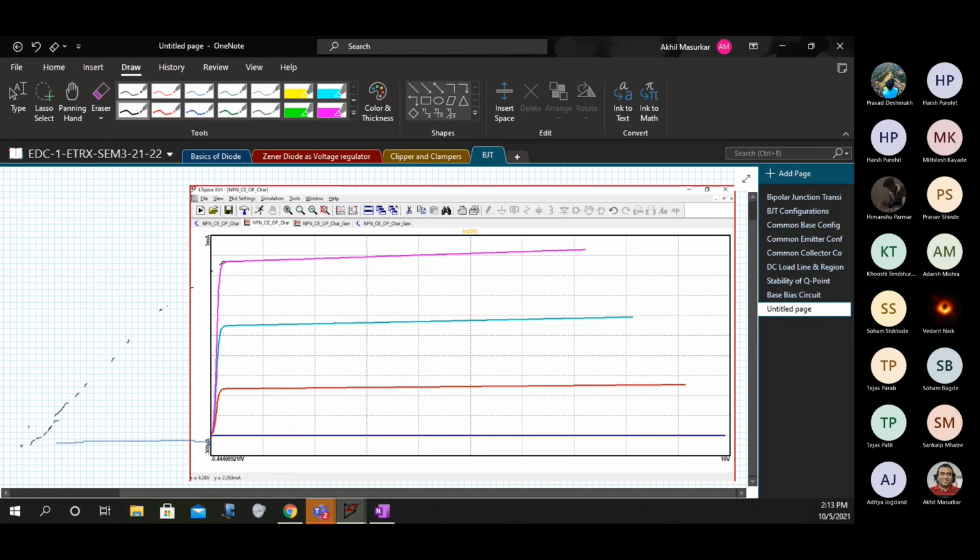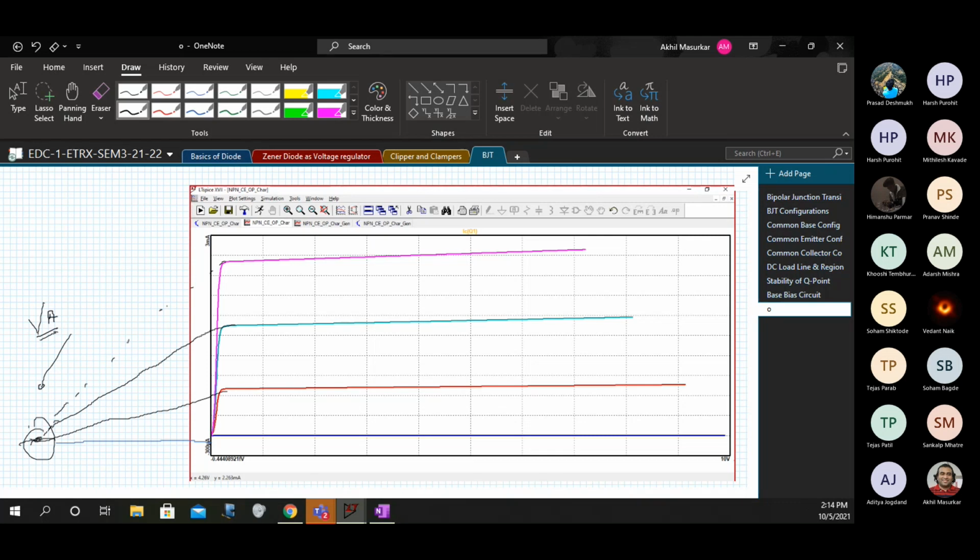All these characteristics, if I extend, they will meet at one point, and this point is called the early voltage. It is the maximum voltage that you can apply in the reverse saturation region.